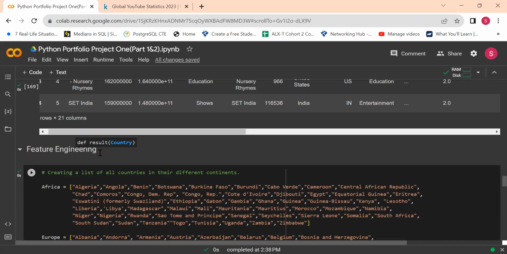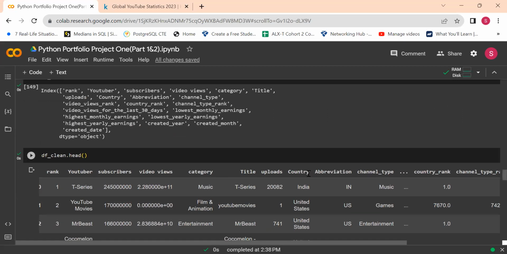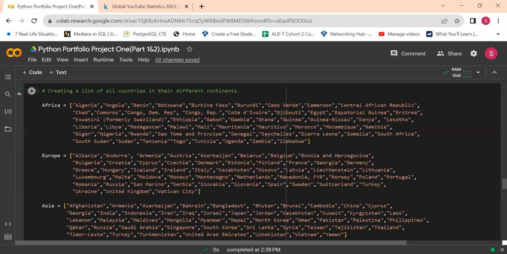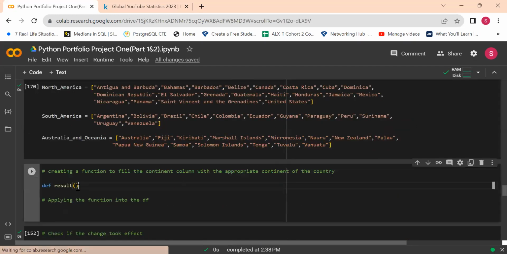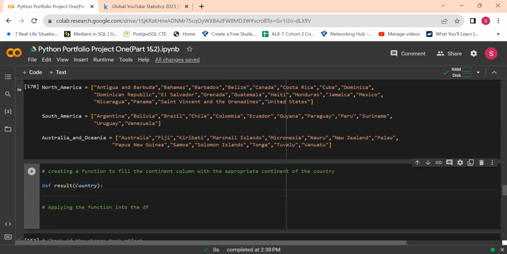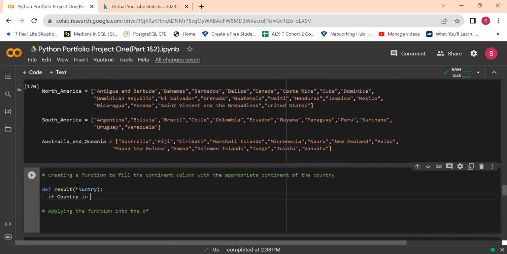So I'm just going to copy paste the title country, so I make sure I am doing this well. And our result is going to have the variable country. So what do we want this function to do? If country in the first thing on our list was Africa, in Africa,